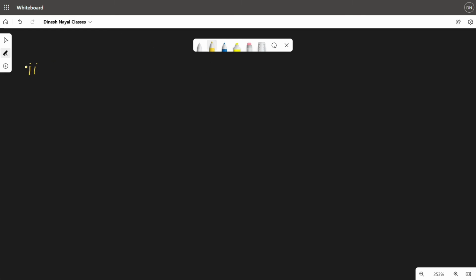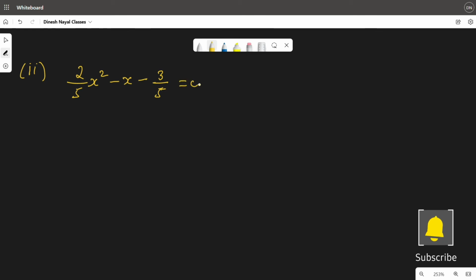The second equation is 2 by 5 x square minus x minus 3 by 5 equals 0. Now multiplying throughout both the sides by 5, this will be 2x